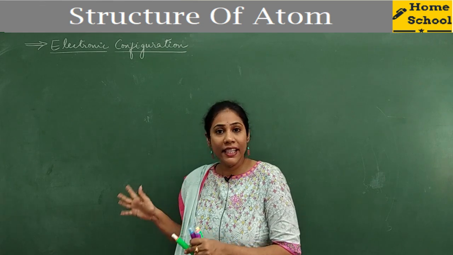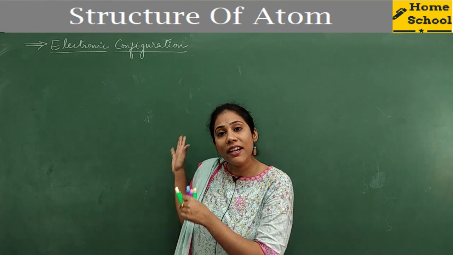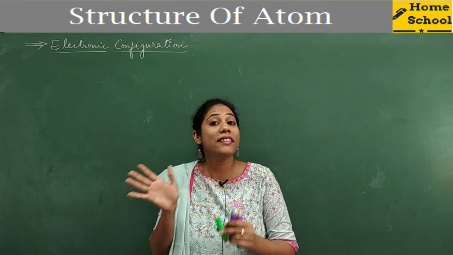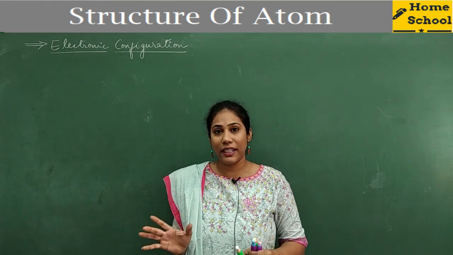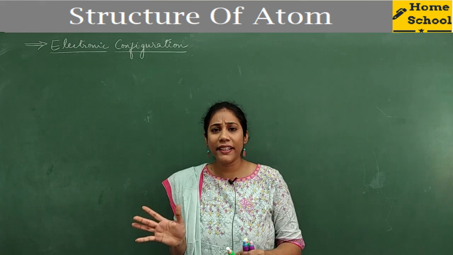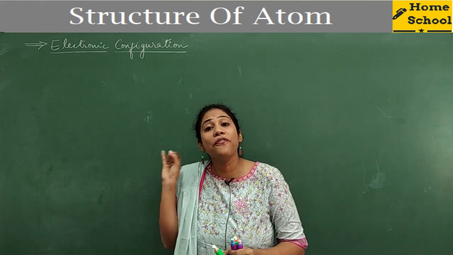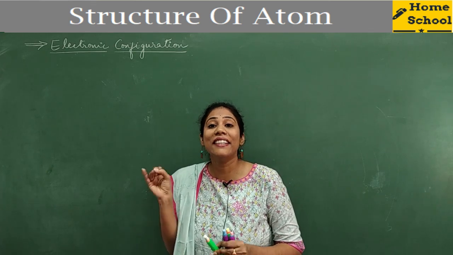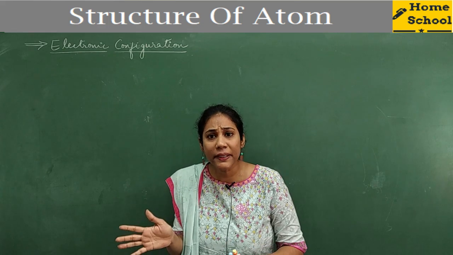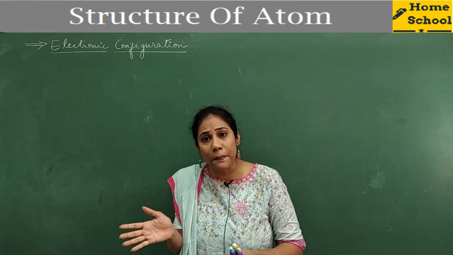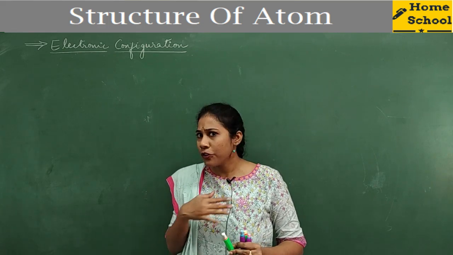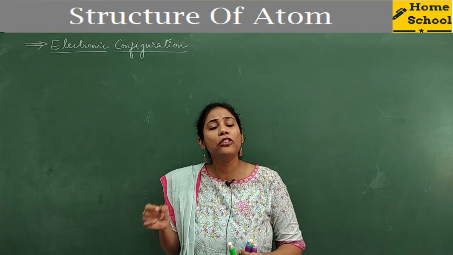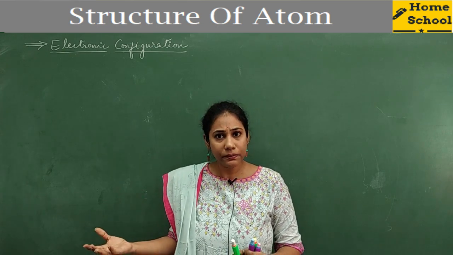So when you have 11 electrons in sodium, how are these 11 electrons arranged in the various orbitals present around the nucleus? How are they rotating? What is the address of the 11th electron? What is the address of the 9th electron? I mean, this 9th electron is present in which main shell, which subshell and which orbital? Definitely, knowing this information about each and every electron is very important, right?